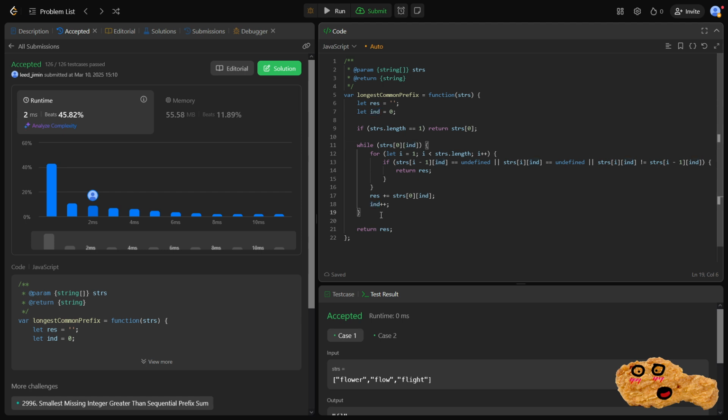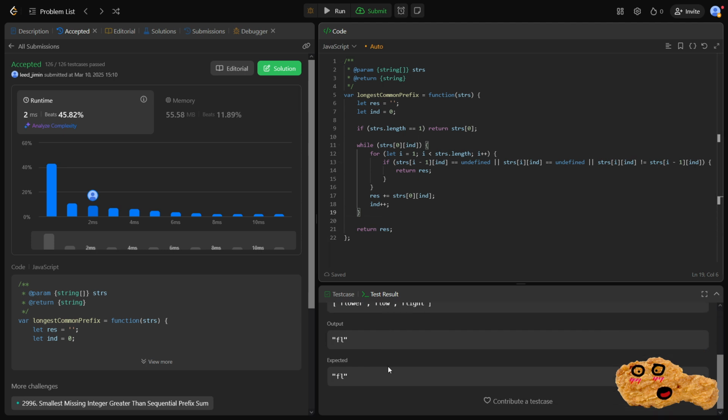And then the space complexity, we're storing our result inside of a string, so that would also be m, where m was, as we stated before, the minimum length string,